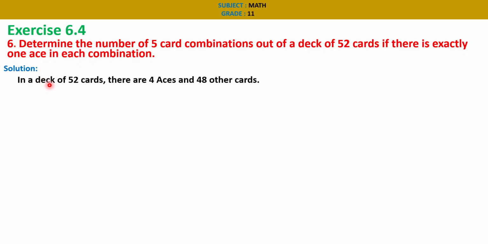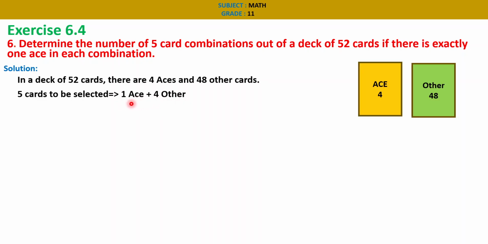Solution. In a deck of 52 cards, there are 4 aces and 48 other cards. So 5 cards are to be selected. That is, 1 should be an ace and 4 should be other cards. Therefore, from these 4 aces we have to select 1 card, and from the remaining 48 cards we have to select 4 cards. So here we'll use the formula n factorial divided by r factorial into n minus r